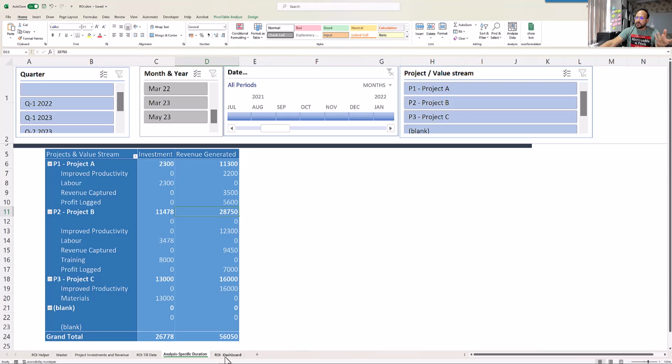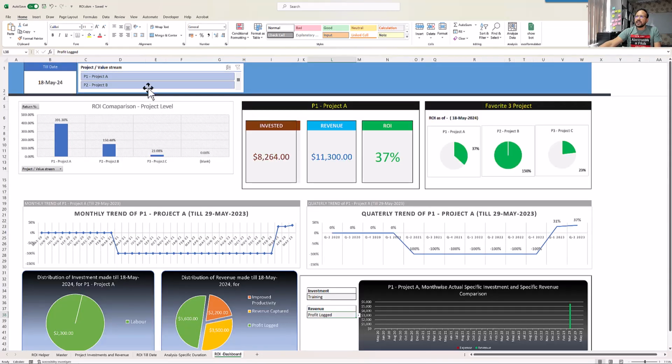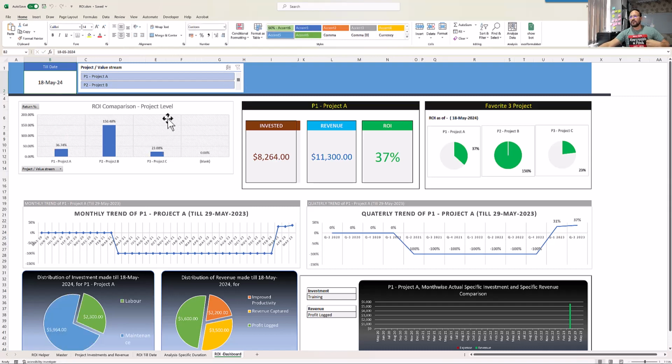The main thing that you will be looking at is the dashboards. Over here, there are a couple of dashboard graphs, and you have an option to select a date that you want to look at, till that day what is happening, and the list of all the projects or value streams will be coming up. This first one is a quick summary of all the projects that you have and